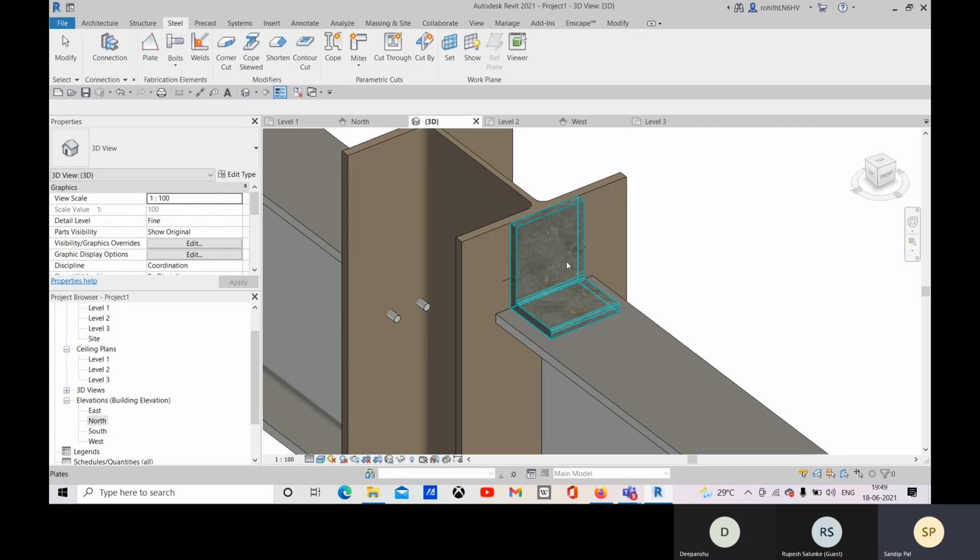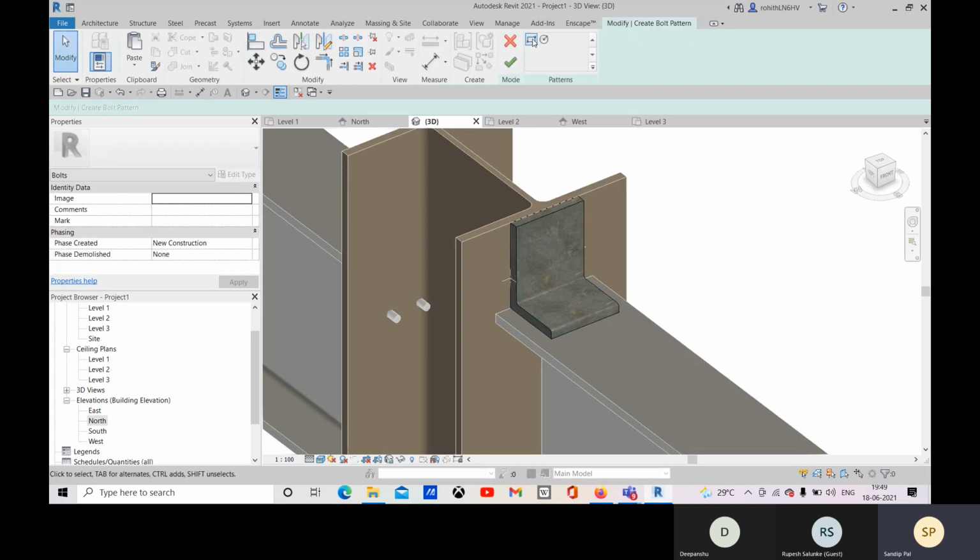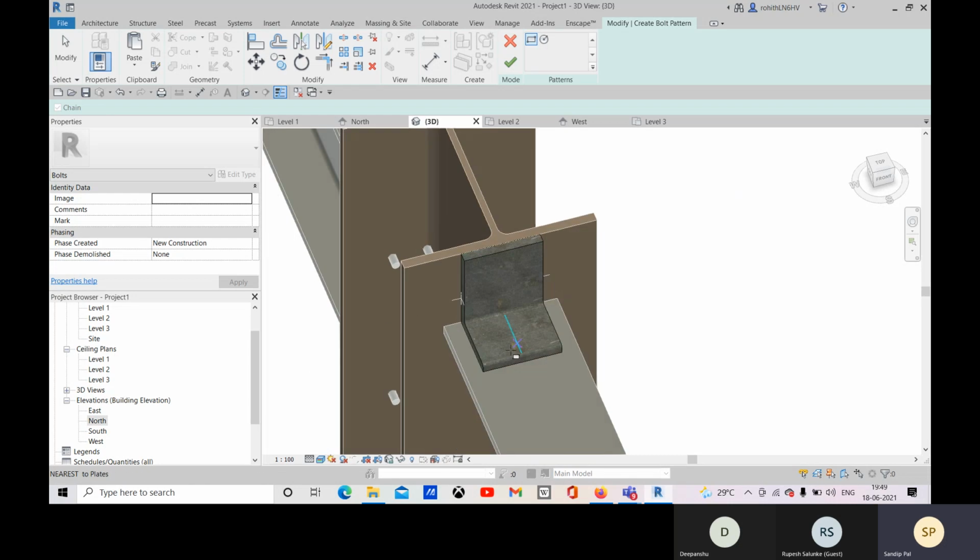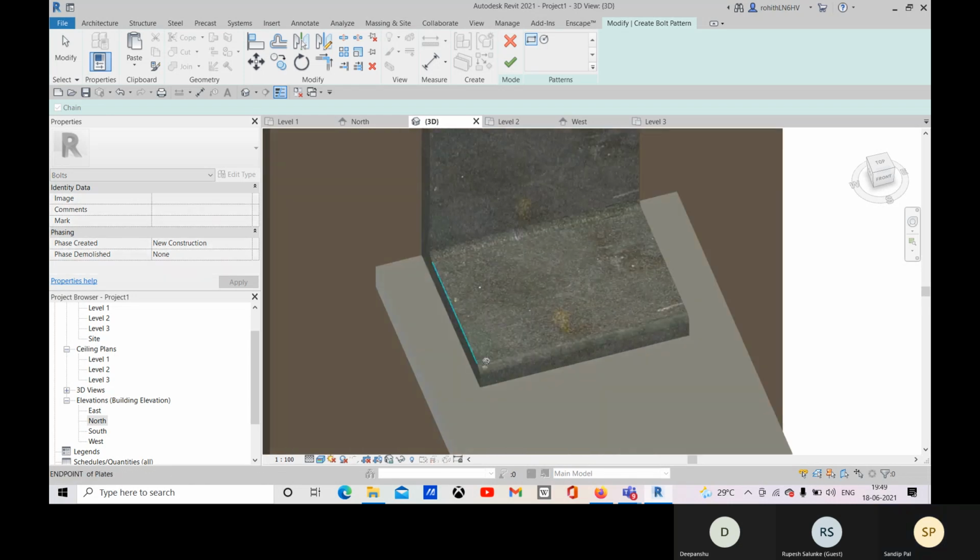Go for this bolt, select it, press enter, and then choose this surface. And for this surface, let me draw it from this end to this end, and then I'll go for offset, and you can provide like 50 as the offset, and without copying, I will offset it